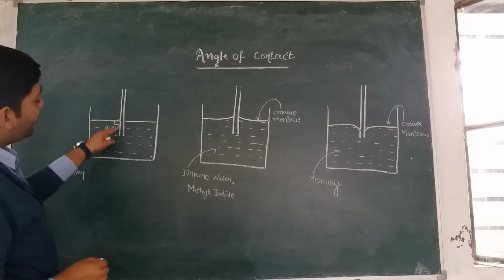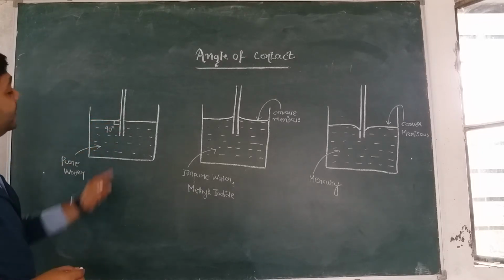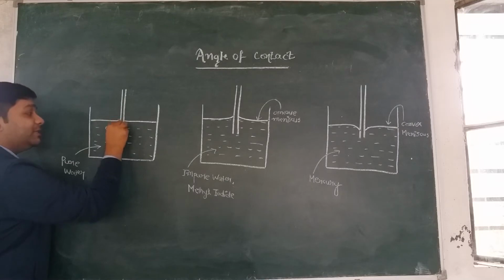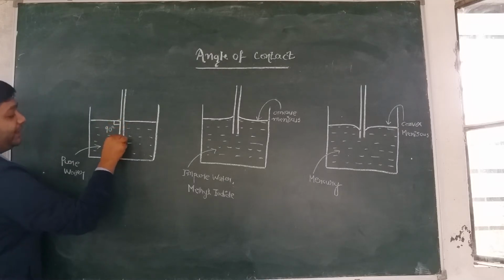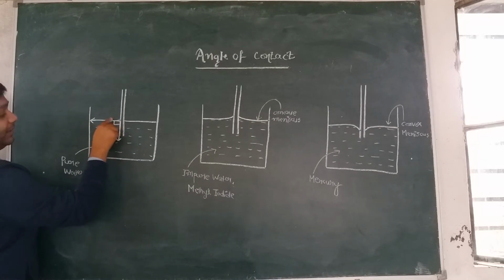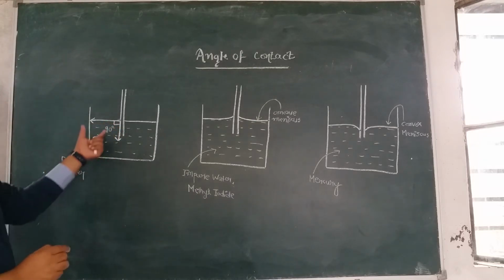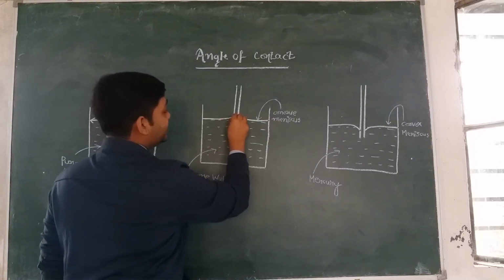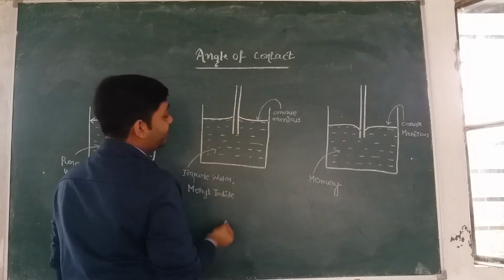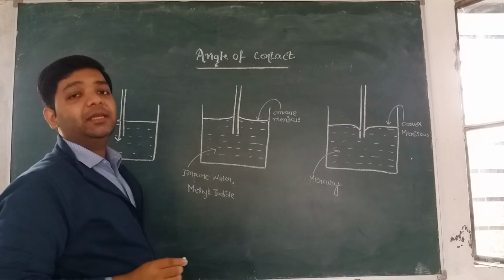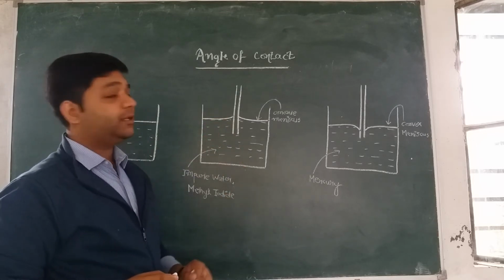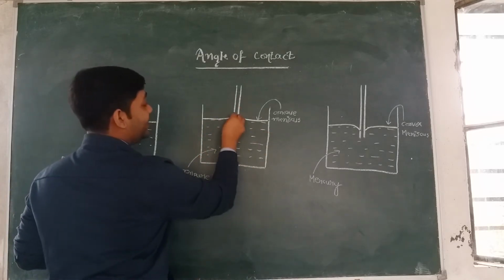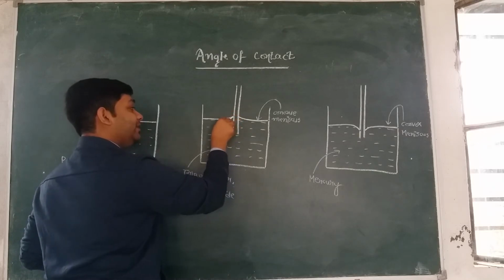And now if you draw a tangent to the solid surface, you have to remember that it should always be towards the liquid. So now if you draw a tangent towards the liquid, it will be like this. So this angle is called angle of contact, which in this case is 90 degrees, right? Now let us come here. So we consider one molecule here on the surface of the liquid, and we draw a tangent to the liquid surface. Now while drawing a tangent to the liquid surface, we have to ensure that it is away from the solid surface, because this is the solid. So in this case, the tangent will be drawn like this.